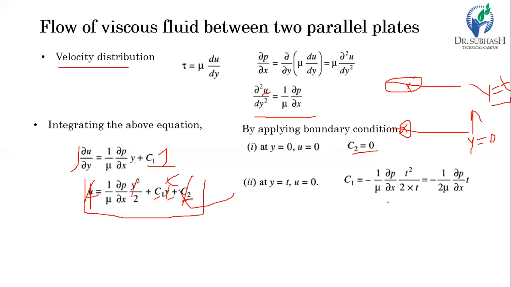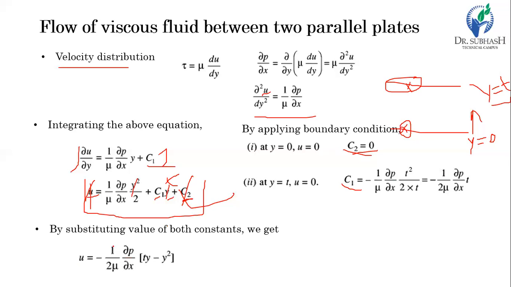So we get the values of the two constants c1 and c2, and by putting both of these values in the equation of u, we get the equation like this: u equal to minus 1 upon twice mu del p by del x into (ty minus y square). It is nothing but a simple simplification. So this is the velocity distribution of the viscous fluid between two parallel plates,